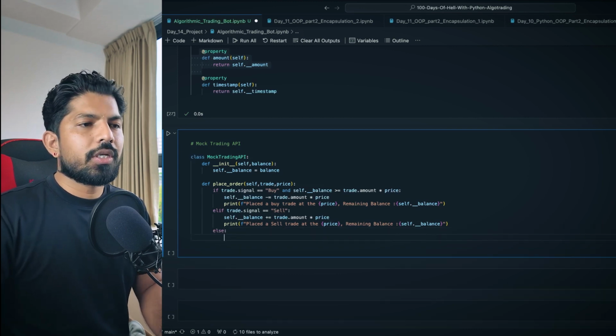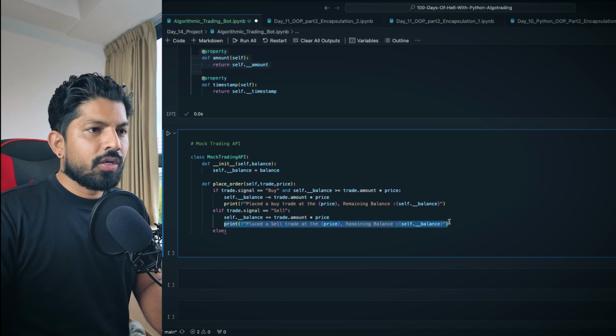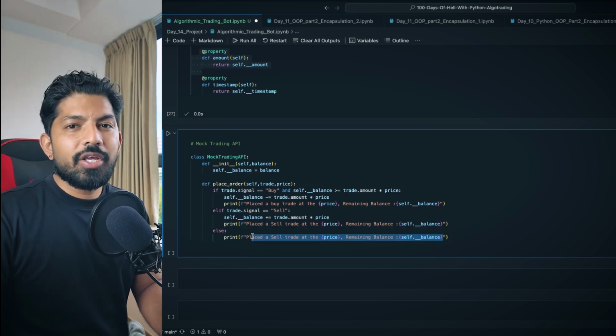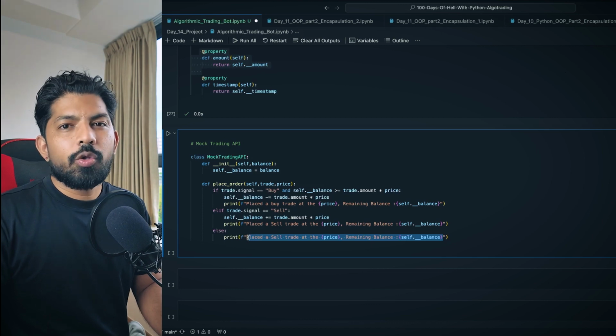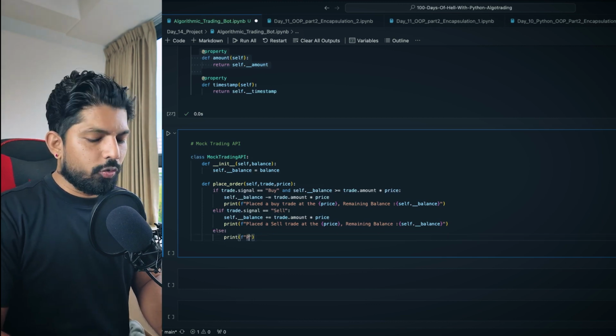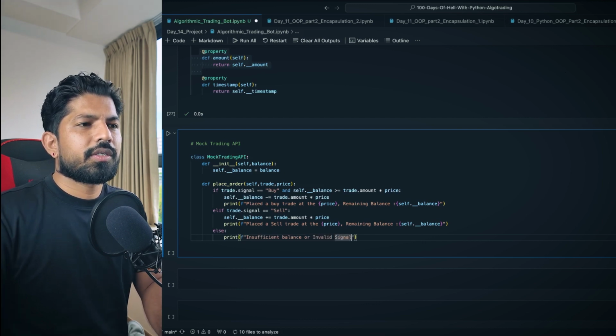If both the conditions don't meet, then what we can print here is that it might be a case where either the signal is incorrect or invalid, or you do not have sufficient balance in your account to execute the trade. So we can write here insufficient balance, or you can write invalid signal, correct?